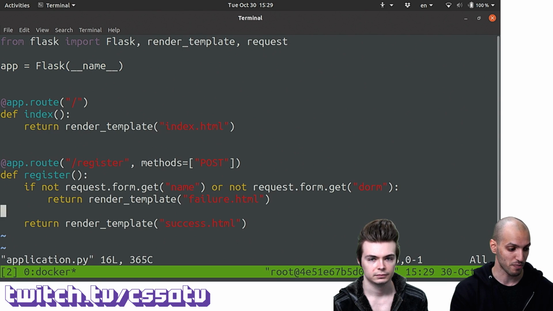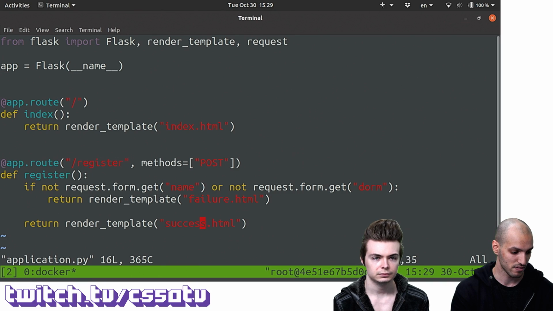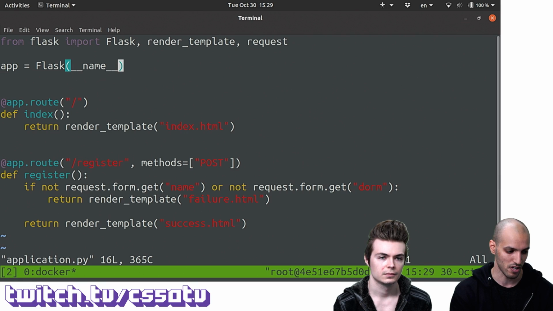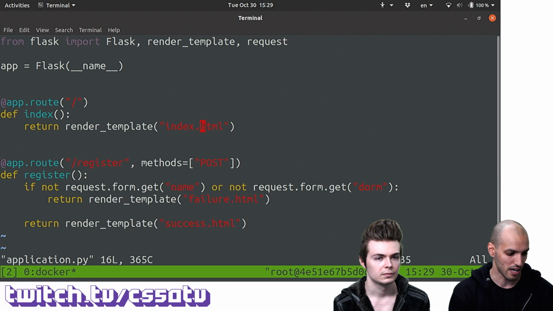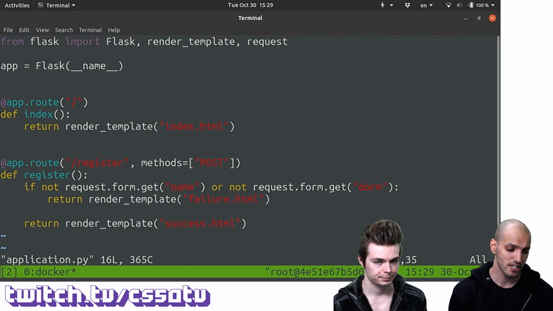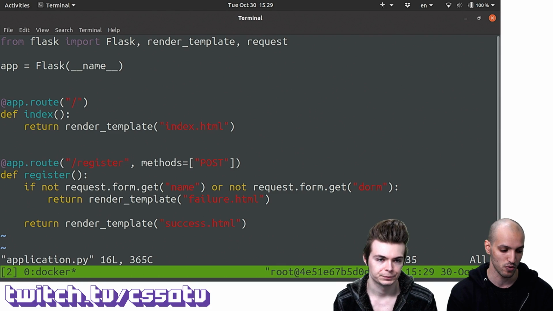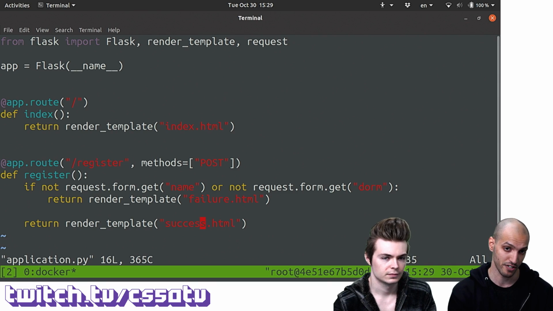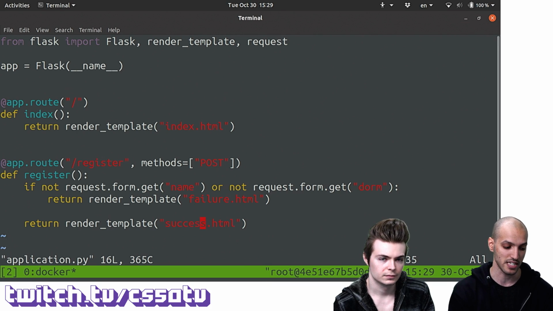I'm opening application.py now, and here's what I have. This is not really about code specifics, so we can not really care much about this. But here's a file. Just a super simple Flask app that expects to get parameters, name and dorm in this case, and renders a template called failure.html if you don't provide any of these, or renders success instead.